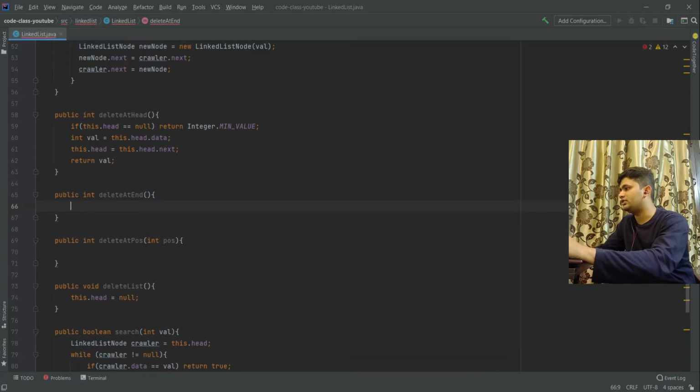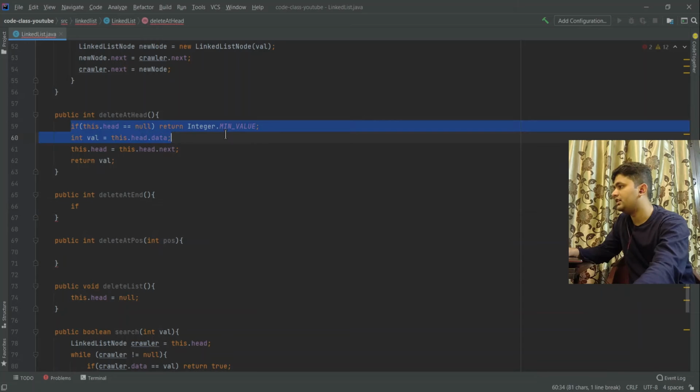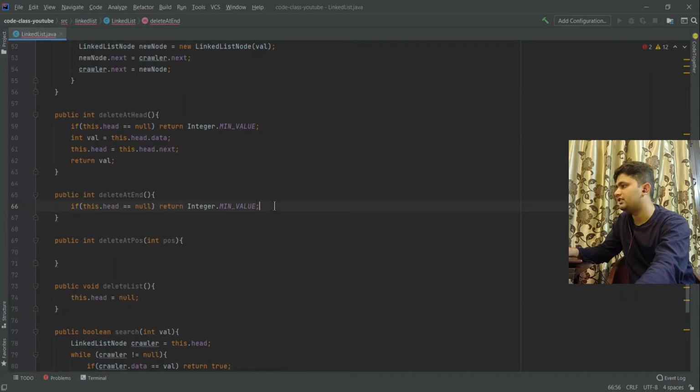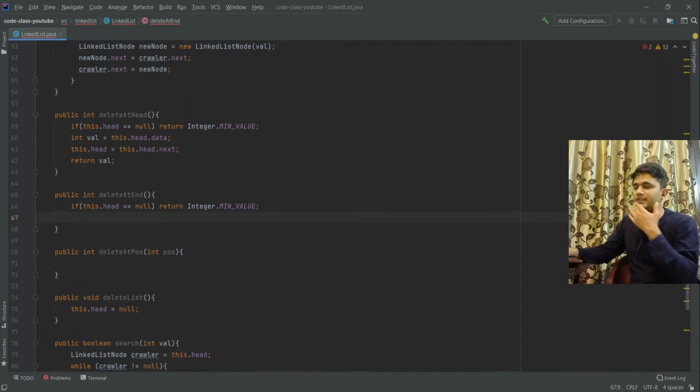Now let's see how deletion at the end works. So we will simply do this check. If this fails, that means there is nothing in our linked list. Now we will create our crawler.